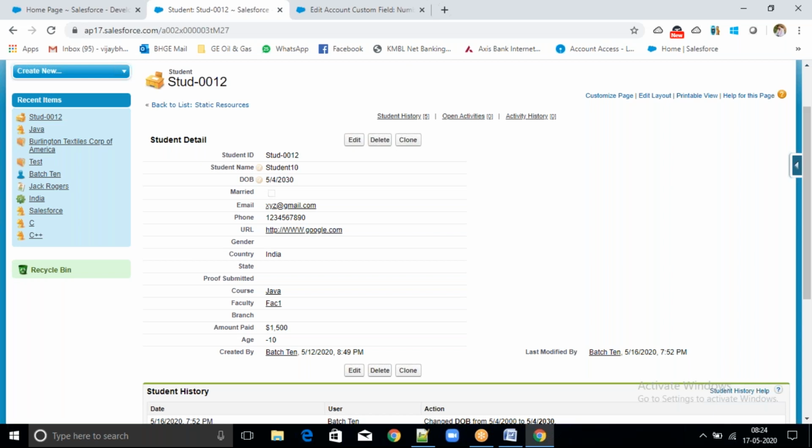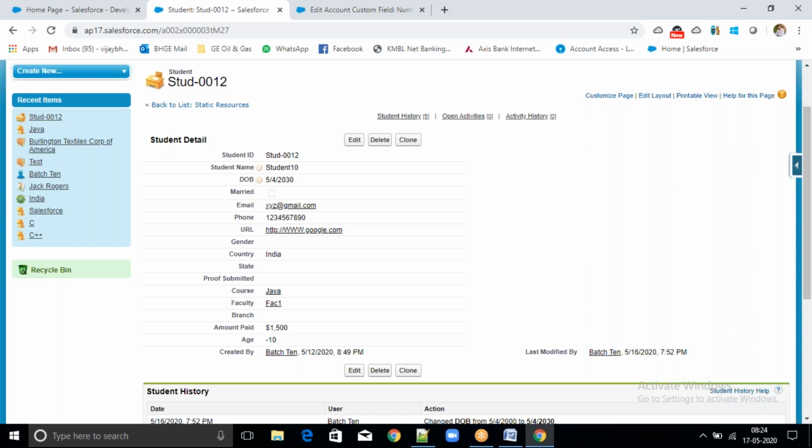Coming to students, in this scenario the date of birth should be a past date. In some situations we have to allow a future date; in some situations the date should be a past date. As per the business requirement, we have to restrict the data. If you are working on flight tickets, we should not accept a past date.